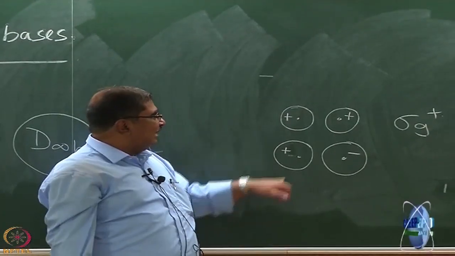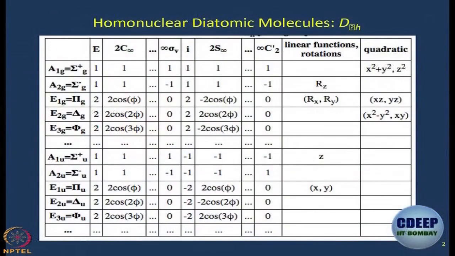Okay. That being said, where does this belong? The antibonding orbital, antibonding orbital. What is the character for E? 1. What is the character for C infinity? 1 or minus 1? Not minus 1, be careful. 1, confident, 1, okay, then it is 1. What is the character for sigma V? Where is sigma V?